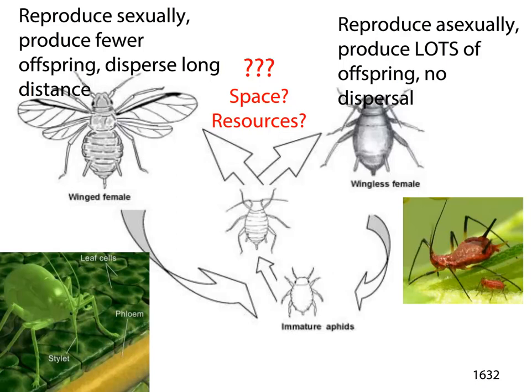asexual as well as sexual reproduction. Now, winged females will reproduce sexually, and wingless females reproduce asexually, but it happens really, really fast. In fact, they can reproduce so quickly because clones are often born alive and pregnant. You can imagine that's really quick offspring. Asexual clones are commonly produced in spring and summer, and sexual reproduction occurs in fall. Sexual reproduction results in cold, hardy eggs that will hatch the following spring.